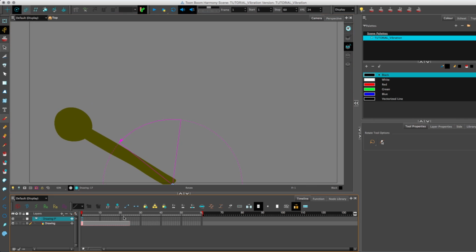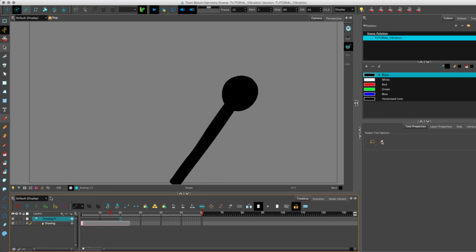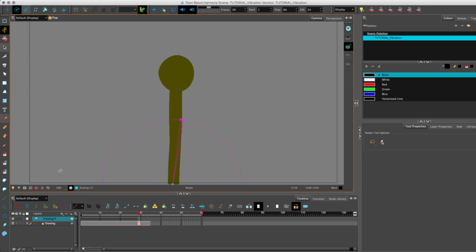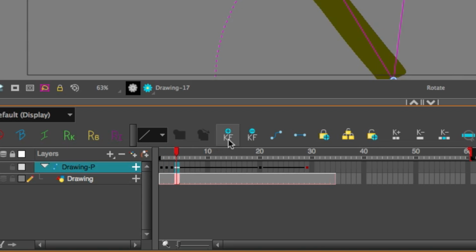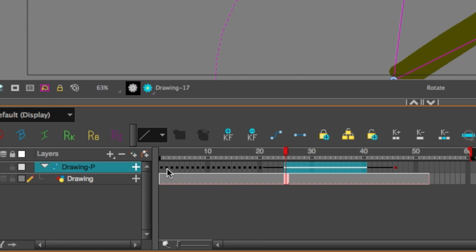First keyframe, rotate to one side. Final keyframe, rotating to the other, giving a movement of this. Now that's not very vibration-y, but with one more keyframe placed facing directly up, because of course this is our finished spot, this space here of 0 to 20, go through and place a keyframe down on every single one like so. Give yourself plenty of room because everything here is going to end up over here.